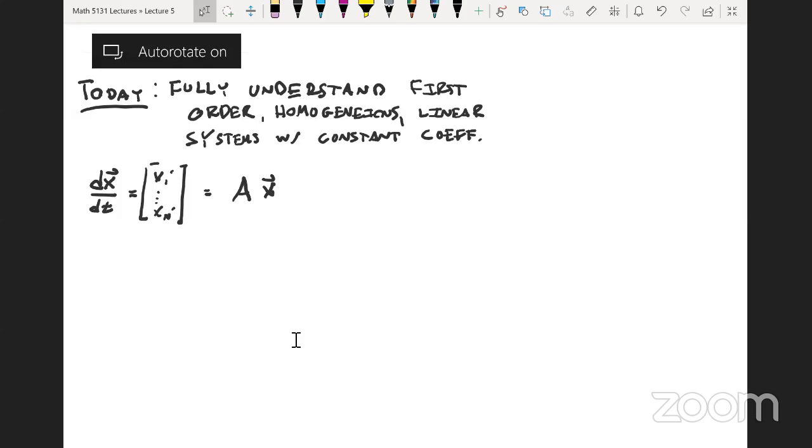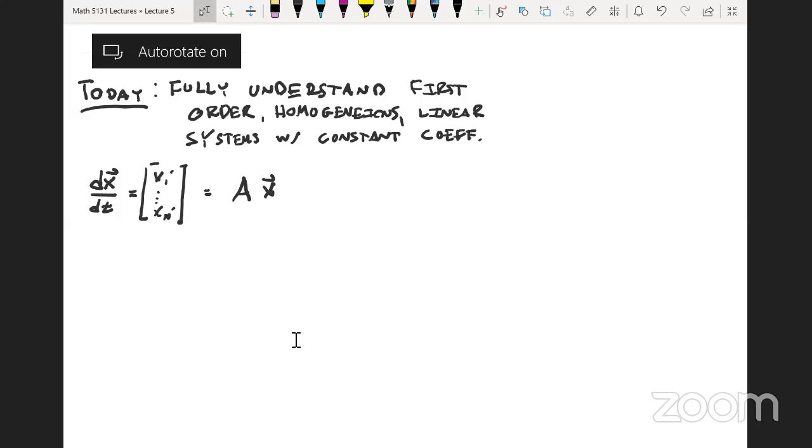So our standard example that we're going to pound on really hard in this lecture and try to really understand is something of the form x1' equals a11 x1 plus a12 x2, x2' equals a21 x1